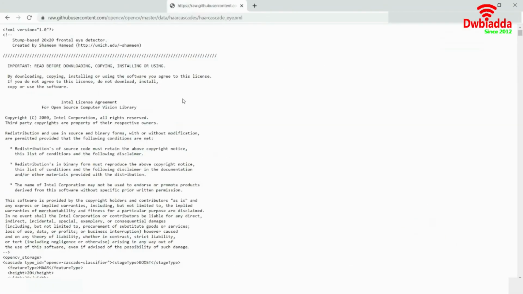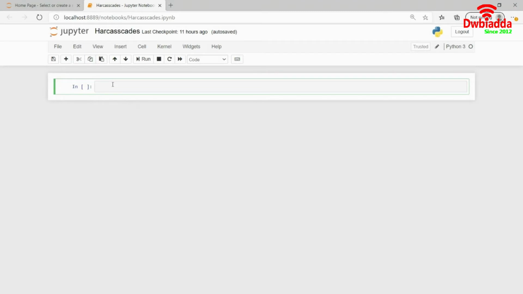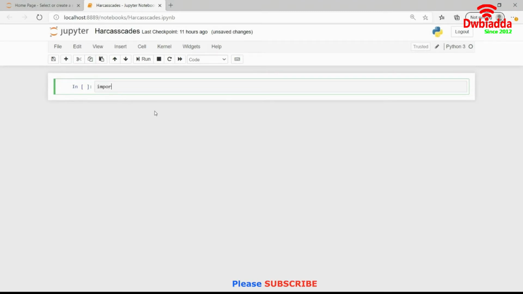You have to download the eye Haar cascade file, eye.xml, from the GitHub link that I shared with you in the last lecture. Go there and download the eye.xml file, which should be the first file in the list, I guess. Once you have downloaded this, we are good to go. I will fire up my Jupyter notebook and import the required libraries: import numpy as np and import cv2.